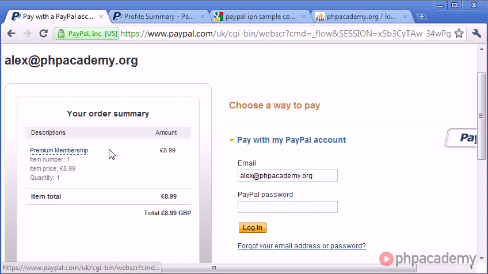That's the description of the item. We've got an item number, which in this case is irrelevant. We've got the item price, like I said earlier, it's £8.99, and then we've got our totals here, quantity 1. And in here we are going to enter an email address to pay with. So in my case that's not going to be my email address because we're sending the payment to my email address. I'm going to use a different email address here, type in the password, click login,